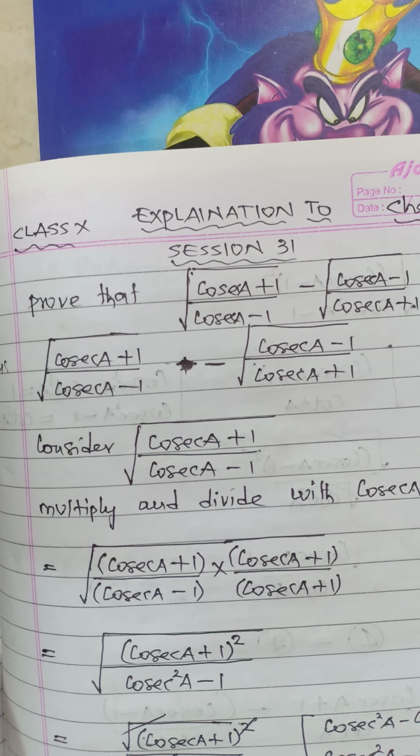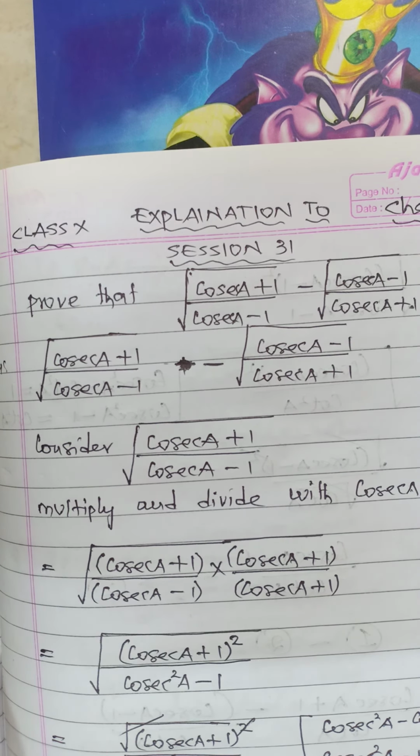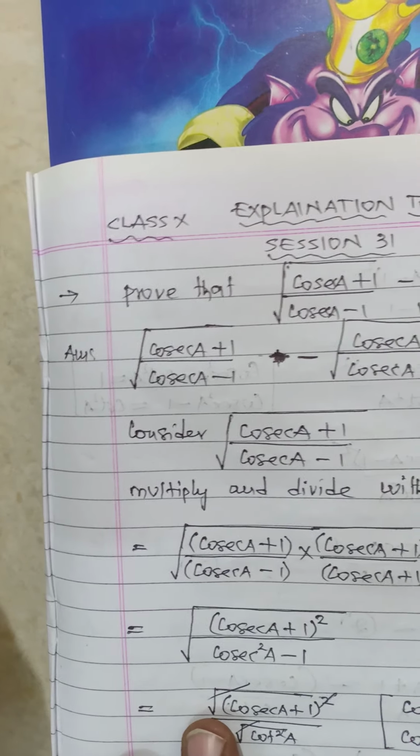So in this session, it's not a continuous class from the previous session, but an explanation for some questions I have given in session number 31. Some students are asking, they have some doubts, especially question number 1. The maximum of the students did the remaining questions correctly, but question number 1 most of the students are unable to do. There is one practical mistake: the question is mentioned as a wrong question.